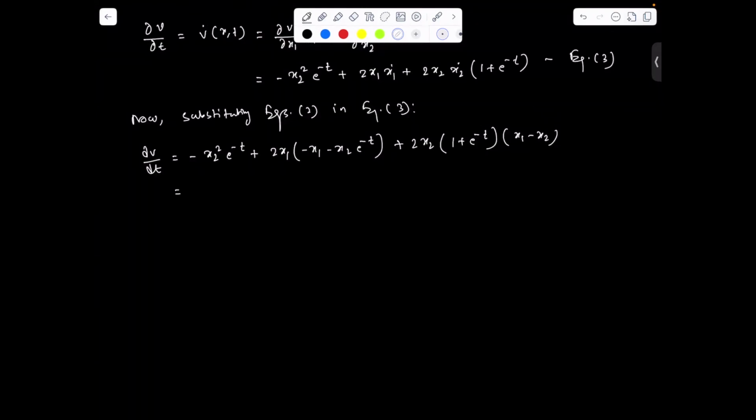And if you further simplify, you can write minus 2 x1 square